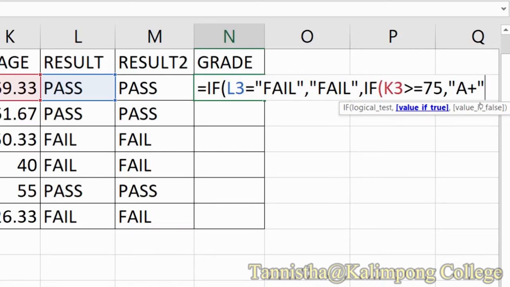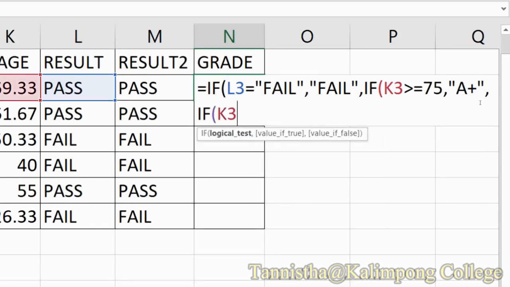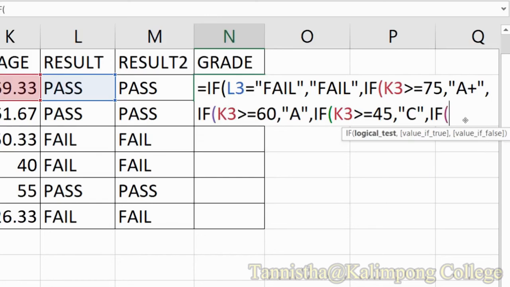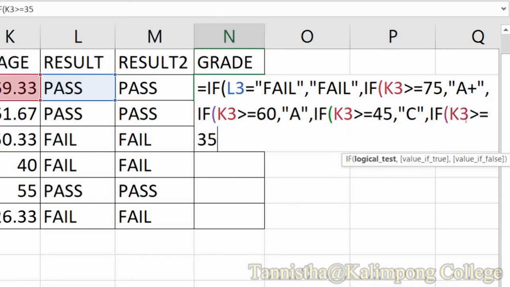Again, if K3 is greater than equals to 60%, the grade is A. Again, if K3 is greater than equals to 45%, the grade is B here. We will add one more if, that is, if K3 is greater than equals to 35%, the grade is C.